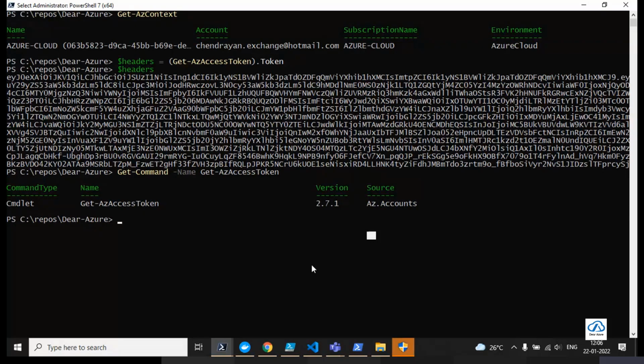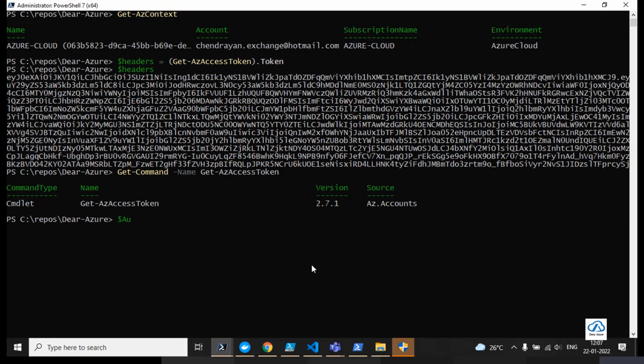Consider you have 100 subscriptions in your environment. You need to get resource group information. Every time you need to set a context to the subscription, and then you pull the subscription list and loop through it, right? But in the REST API, you don't want to do that. You have a super option for that. You can always go to Get-